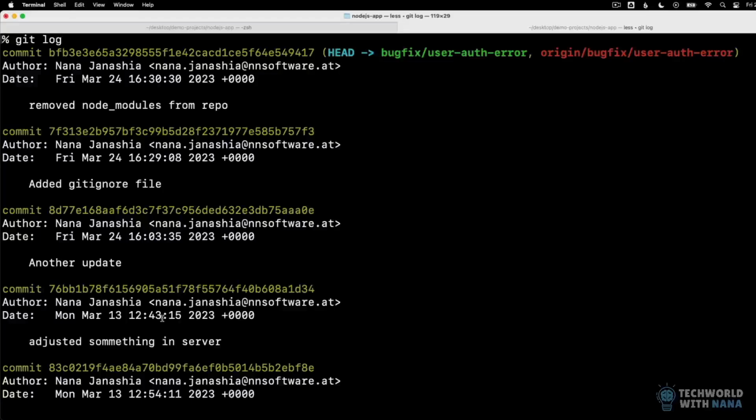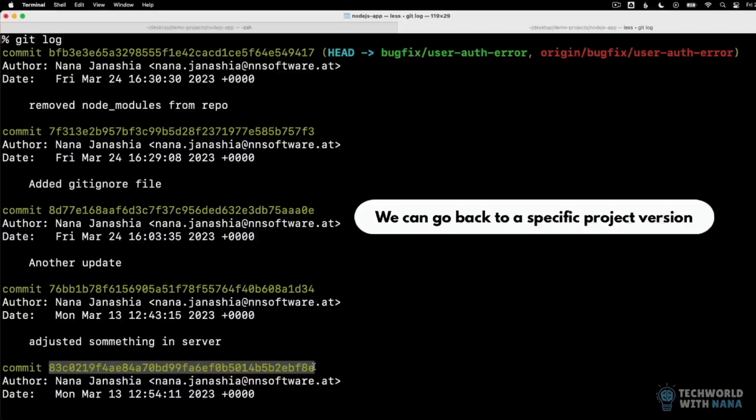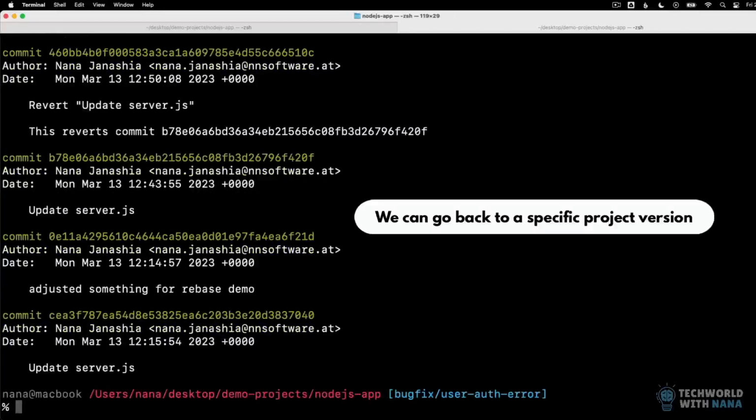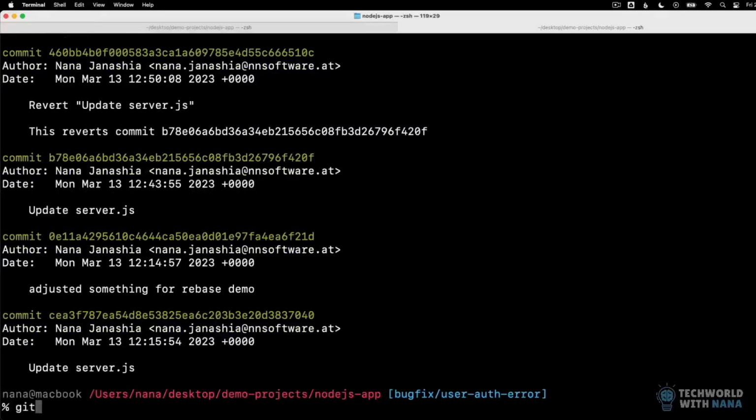So what we can do is, in order to reproduce the issue, we can actually go back in time and check out the commit using that hash. And checking out a commit means that we are going back to the version of the whole application, so the whole code at the time of this commit. So if I copy this, I can do git checkout commit hash,